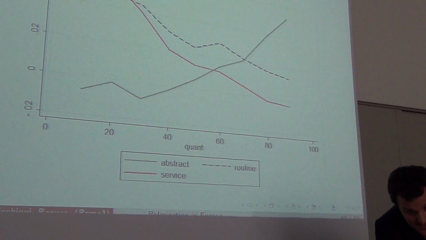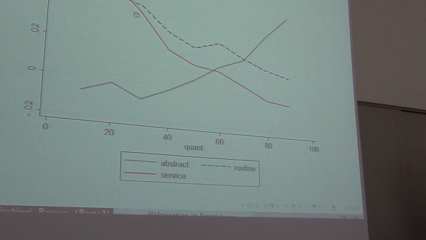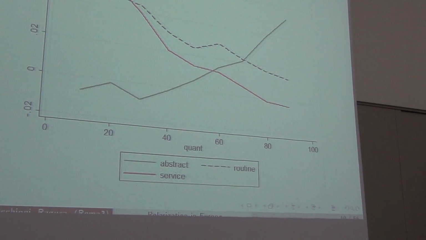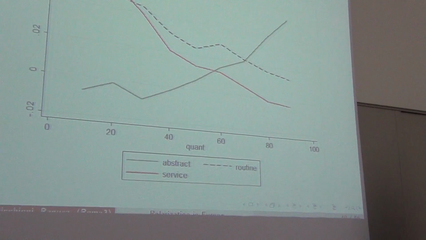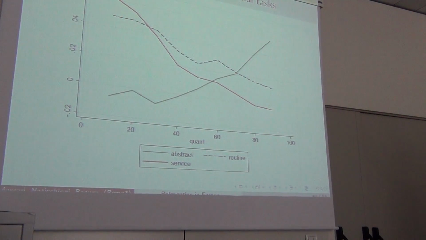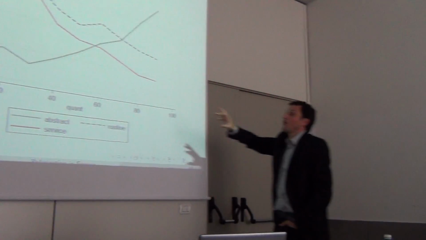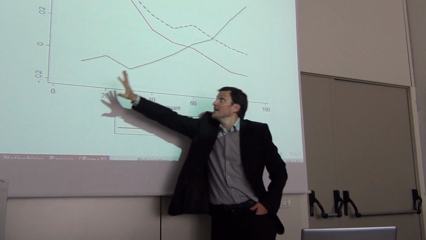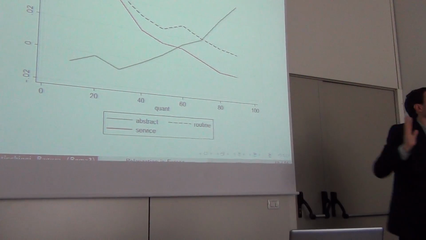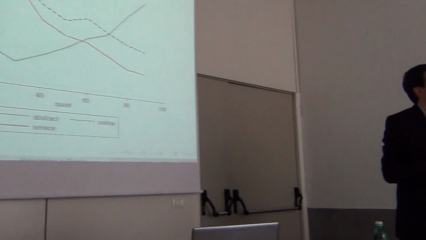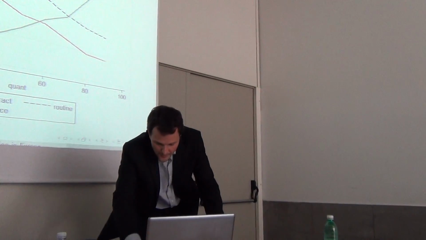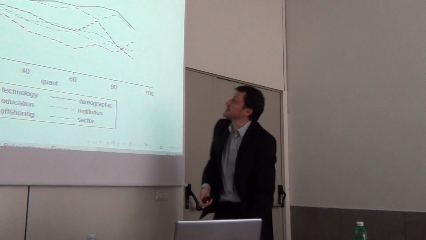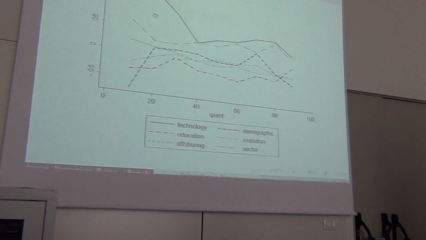While services is decreasing. So having service jobs, as defined in the paper, favors the most those who are unskilled. As in the US, there is a paper by Autor and Dorn in the American Economic Review just published. They show that the driving force in the lower tail is the service sector, this service intensity. Okay? And then we finish. In the service sector we have this effect even more pronounced.